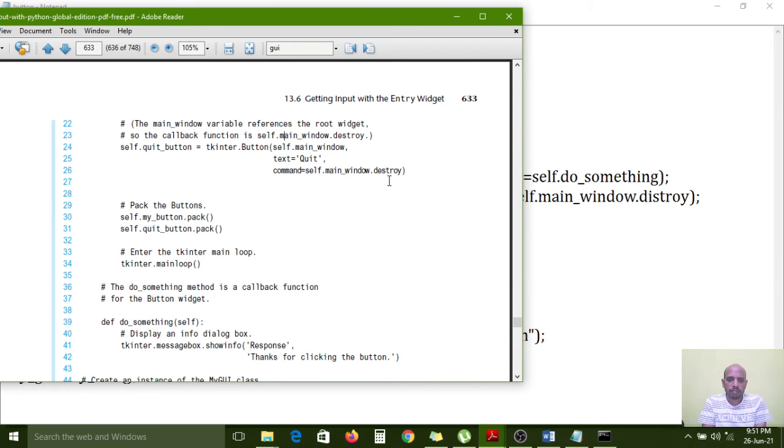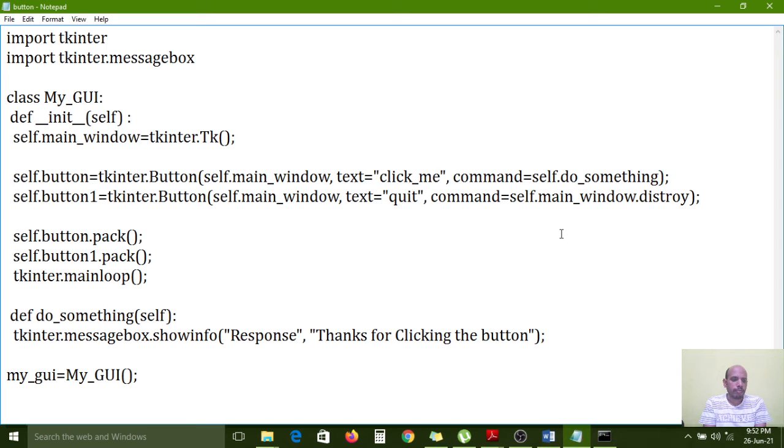Already we have given it now. Self.main_window.destroy, the same I have given now. Packing also I have created, button1.pack, the pack method.